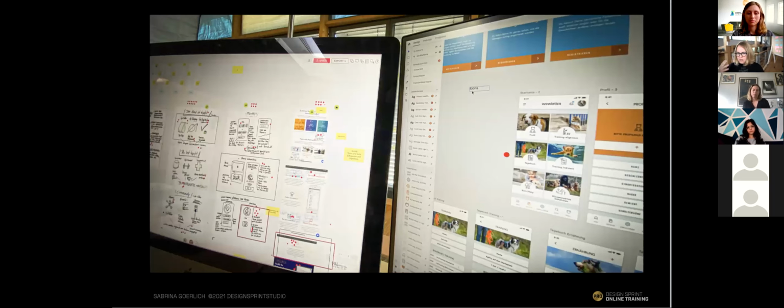So just to illustrate it also, you go from concepts. On the left side, you just see some of the concepts. And then on the right side, this is how we, for example, use Adobe XD, and there are many, many tools out there, and no-code tools as well. So we just used Adobe XD to create the prototype. This is one example. Another example is